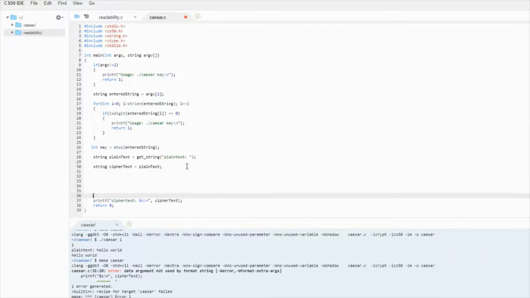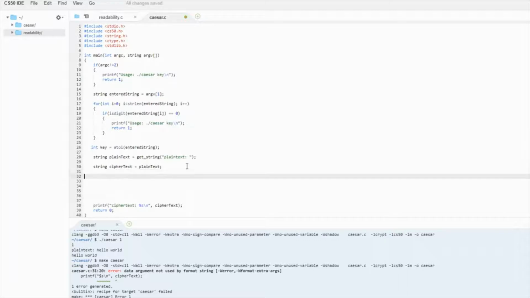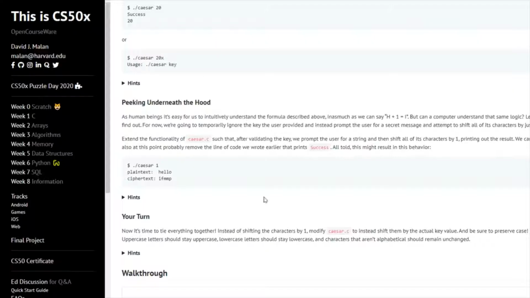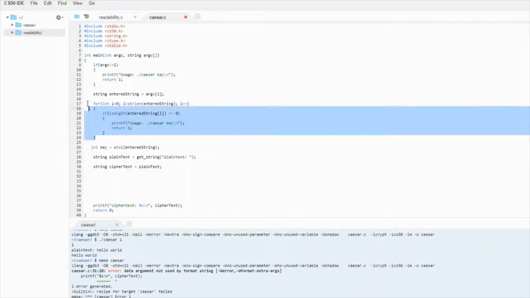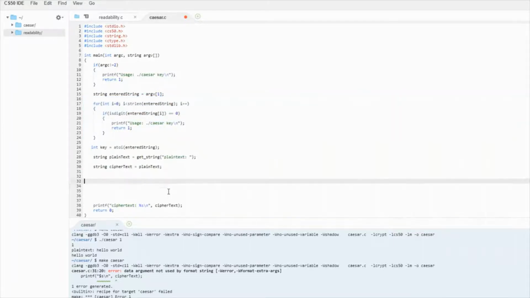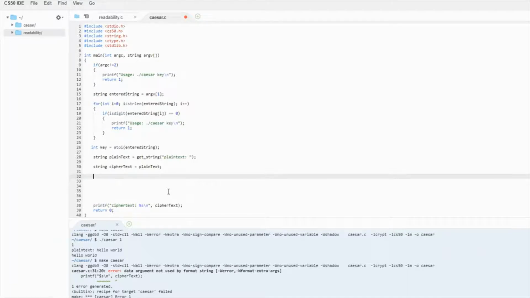I'm just going to do all our math down here before we do that. So my idea is that we just simply modify our now ciphertext string and do with it what we want to do. So the logic here is we only implement letters. So kind of copying what we did up here where we go through the string and check if everything is a number, we now want to go through the string and see if anything's a letter. So we can make another for loop. We still have the string length function from before. So we'll just do that and iterate through the ciphertext.